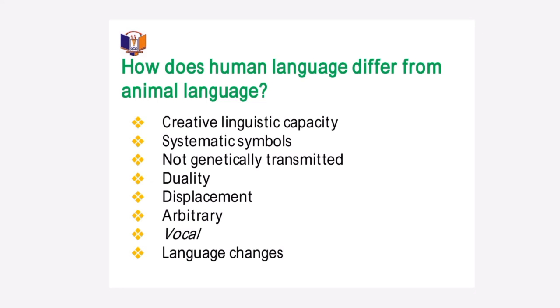Okay? When we combine different sounds, we make up words, which in turn are combined to give phrases and sentences. These are all systematic. For every letter, there is a sound attached to it, which can be combined with another sound to make a word. So these are systematic what? Symbols. And we say that animals cannot in any way do this. Human language, on the other hand, is not genetically transmitted. By this we mean that there is no particular sound that you attach to human language.